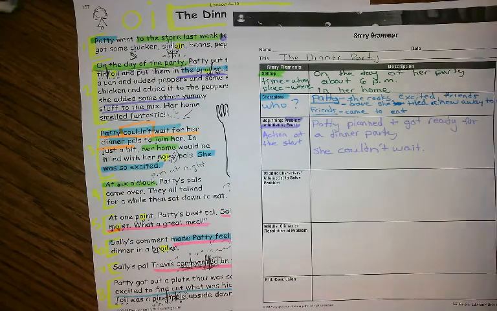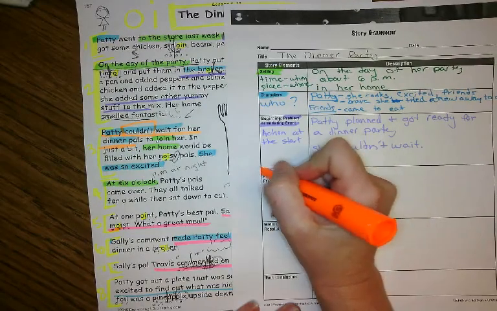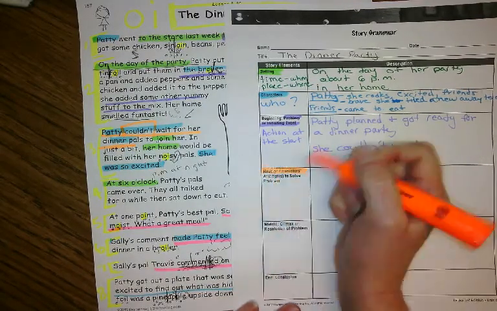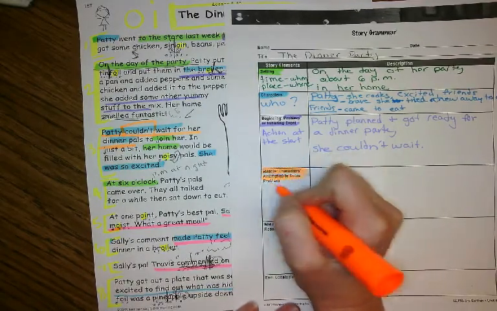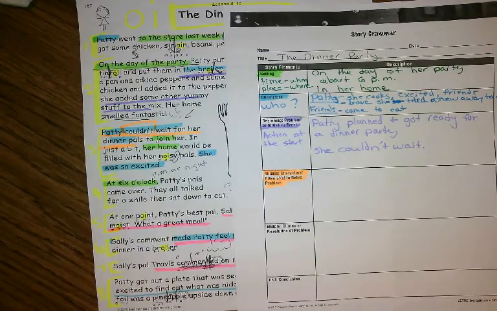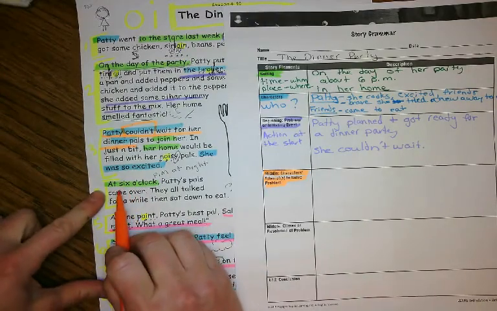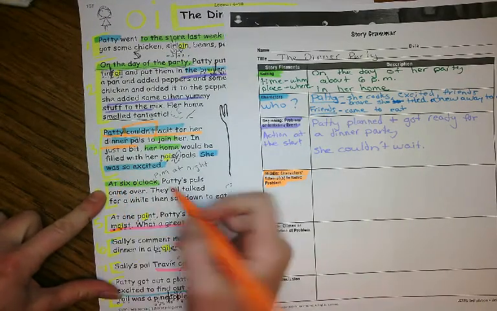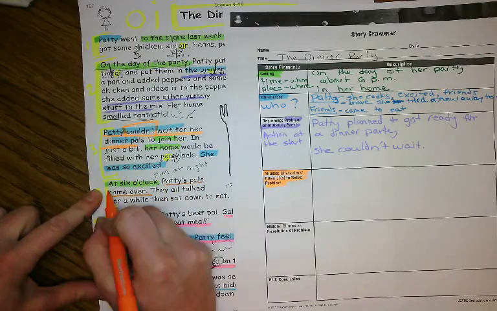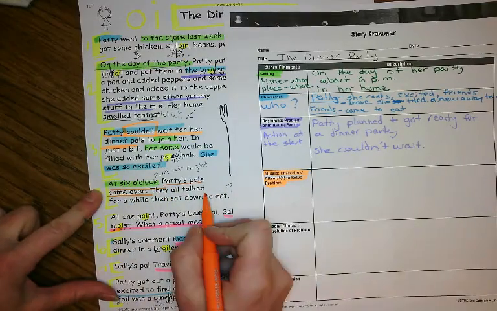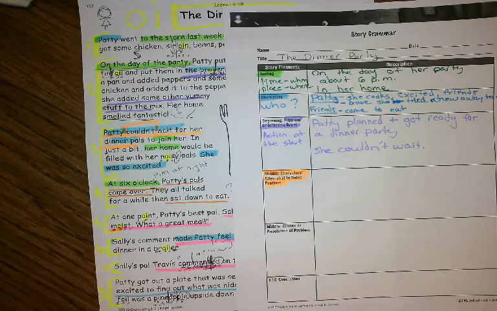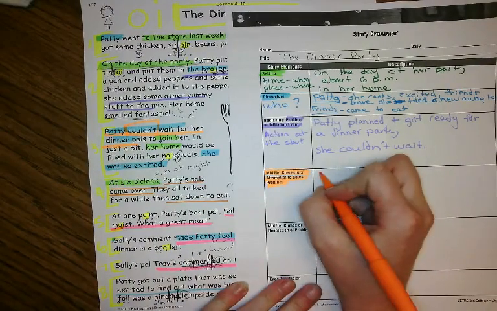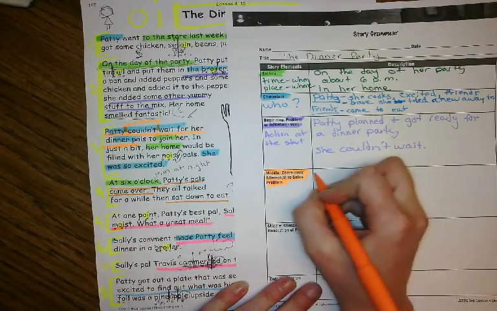Now that I'm looking at that, I'm going to go and look at the middle of the story, and this is where the characters attempt or try to solve the problem. How does Patty try to solve the problem for waiting? Well, we see that the problem is solved when at 6 o'clock, Patty's pals came over. And they all talked for a while, and then they sat down to eat. So the character's attempt was